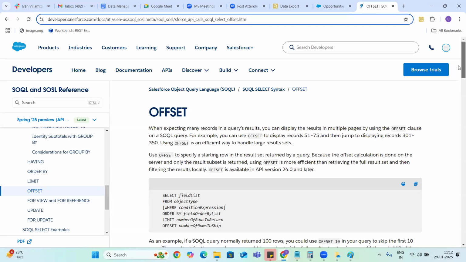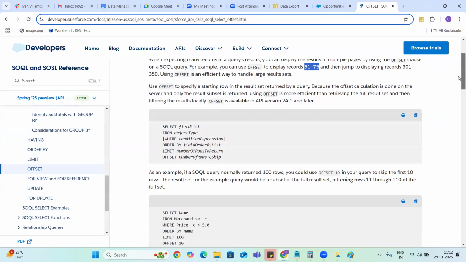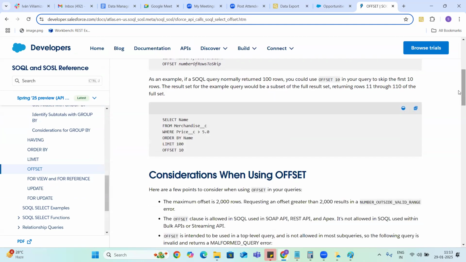For example, if you want to display the records 51 to 75 and then jump to displaying records 301 to 350, using offset is an efficient way to handle a large result set. Offset of 10 is the example they are giving. They'll ask what is the use of offset.